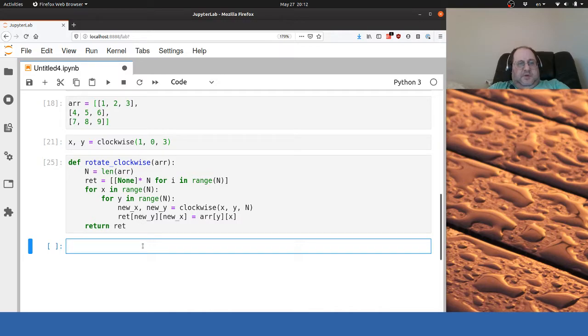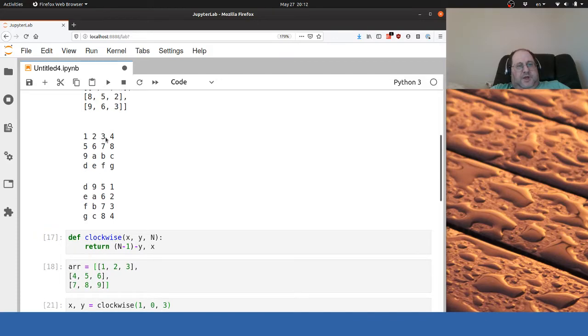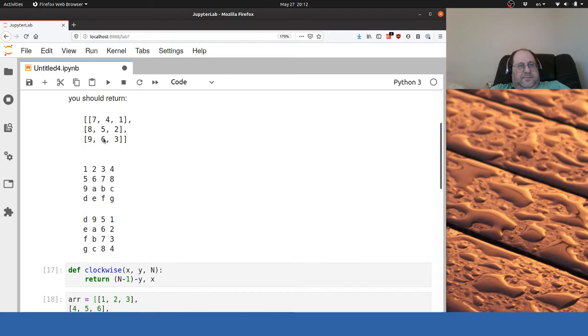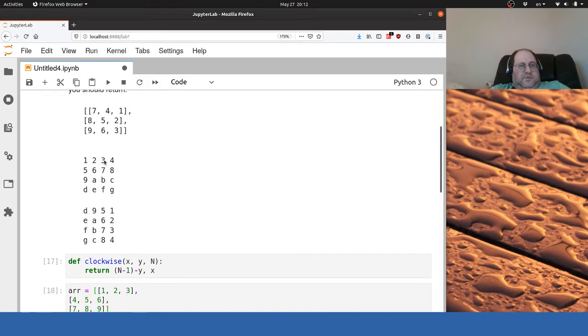Okay, so let's do efficient rotate clockwise. And the trick with efficient rotate clockwise is to realize that, if you think about it, for each element, let's say where 1 goes here, right? Let's say 3 goes here. So 3 goes here,